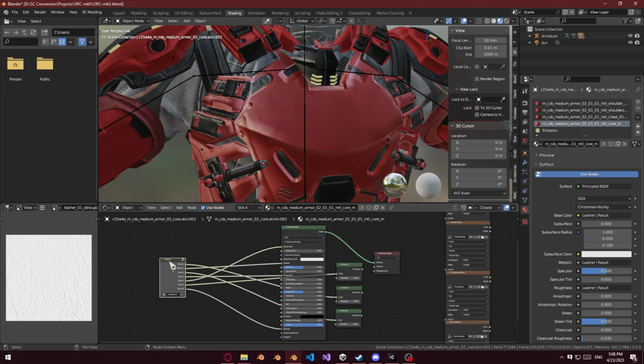That way I don't have to worry about going through every single material on every part of the armor. I just have to go through and change each node group individually, which is much easier because then I only have to change 2 or 3 different settings, and then it does it for the entire armor, while also having unique materials and not having to cut down on the amount of materials I'm using,